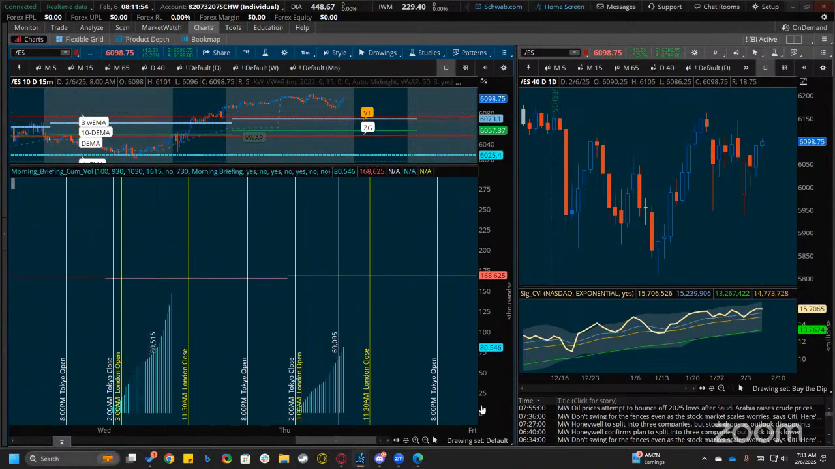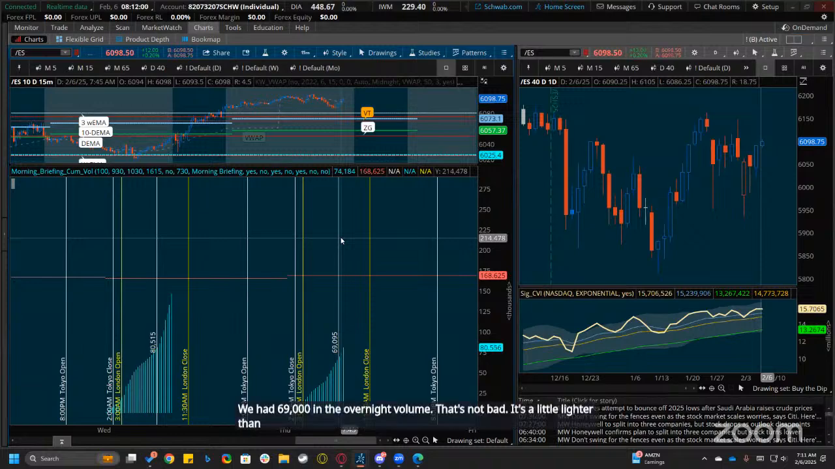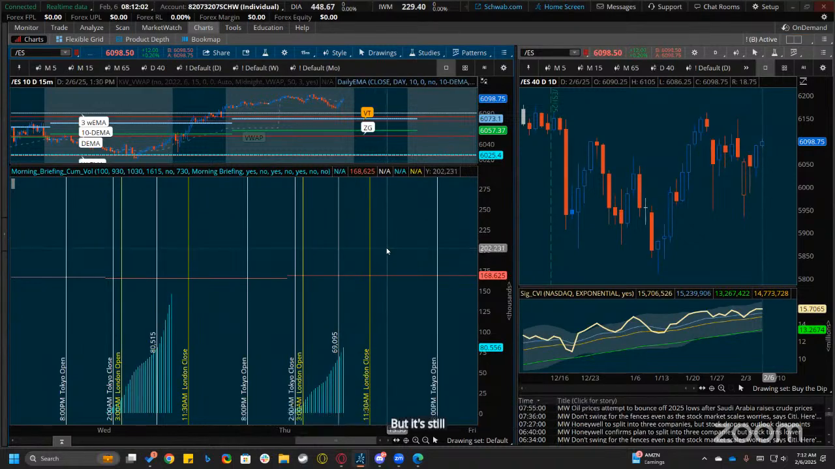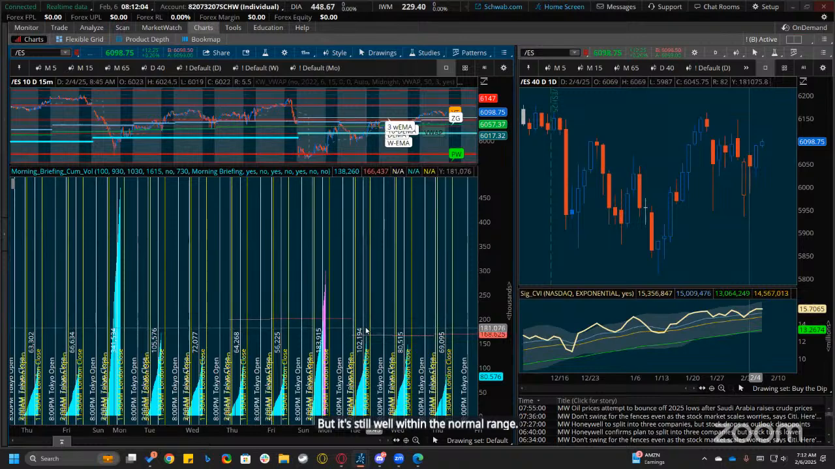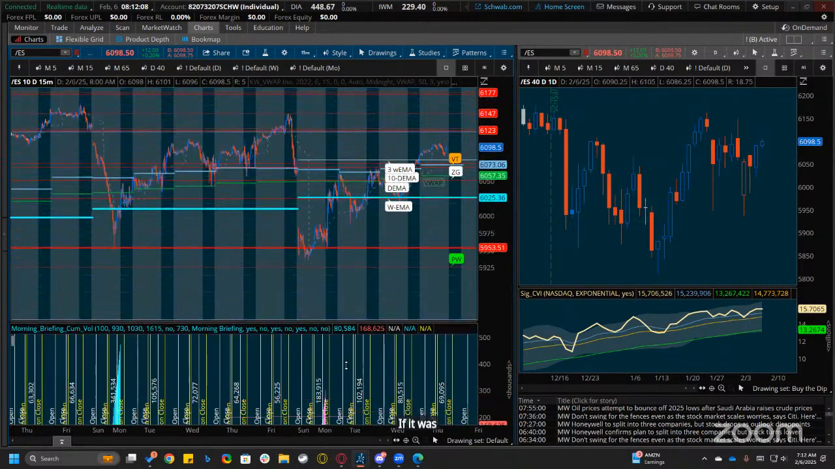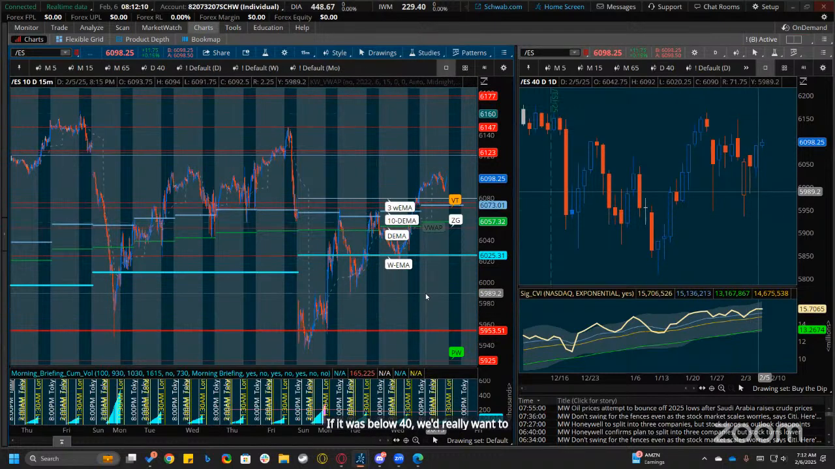We had 69,000 in the overnight volume. That's not bad. It's a little lighter than what we've seen lately, but it's still well within the normal range. Anything above 40 is okay, right? If it was below 40, we'd really want to find out why it's so low. Maybe a nation is closed for a holiday, or